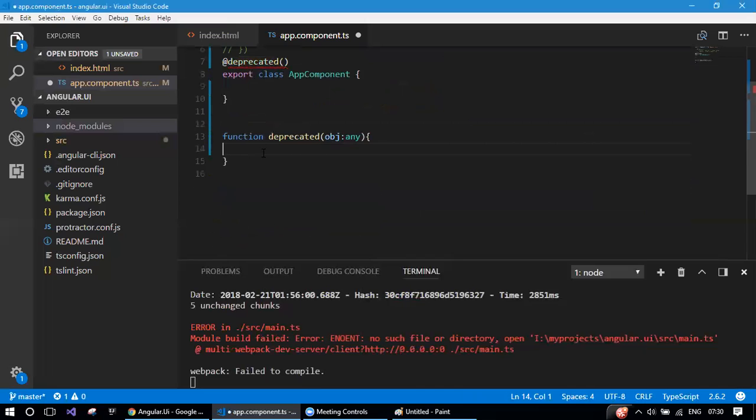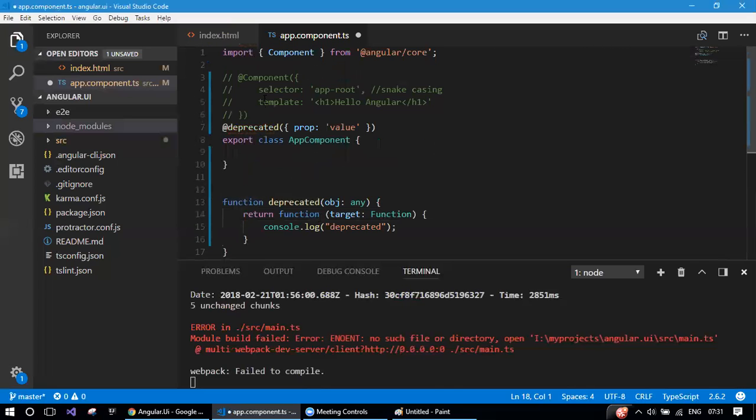I'll cut this and paste it here, remove the name of the method and say return. And I'll pass some property like this. So component is also written something like this,